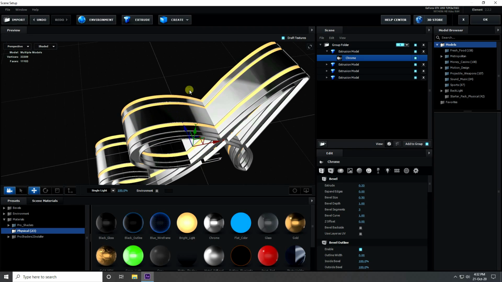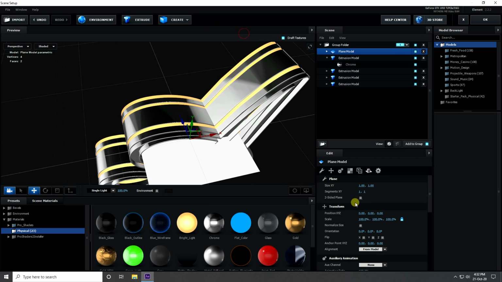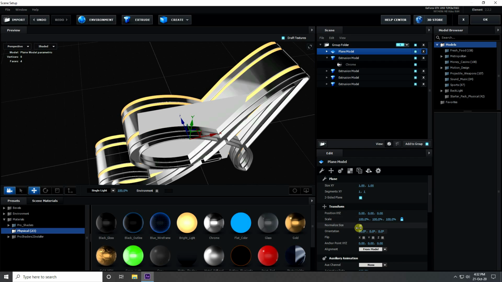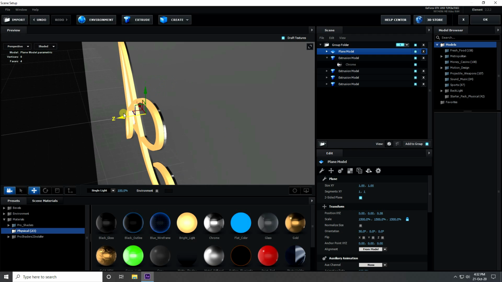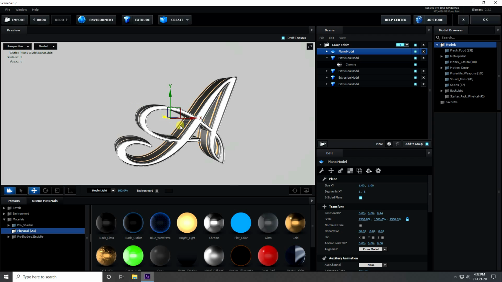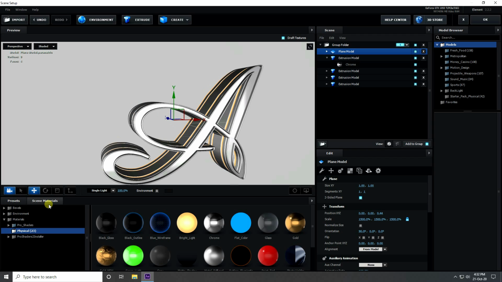Okay, so for the second shape I take a plane and check double sided, two sided, and flip, take 90, enter. And the scale size I take like 1500, and go back. See guys, right. Okay, so now I apply material for this background.